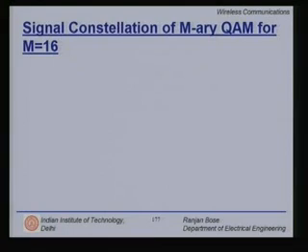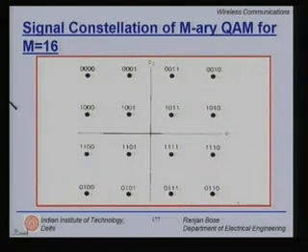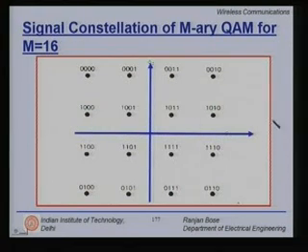Let us see how it looks. Here in this slide, we have 16 points in the constellation diagram. Let us look at the axes. These are two orthogonal axes. Let us label them phi 1 and phi 2. This x axis could be cos omega ct, the y axis could be sin omega ct, or any two orthonormal functions. Each of the points here in the signal constellation represents one of the possible signals in the signal set.